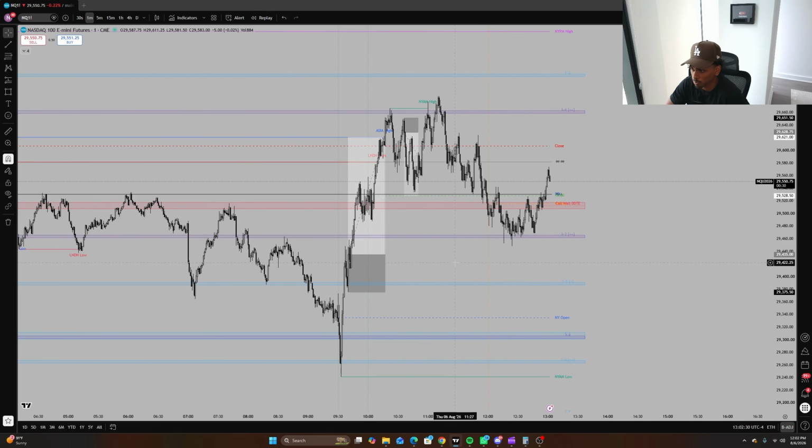All right, let's talk about today's price action. I think I left off in talking about GEX. If you guys don't know what GEX is, basically it stands for gamma exposure. It's used a lot in options. I'm not gonna get too deep into it, but if you guys are interested in learning about what GEX is, I would watch some YouTube videos about it,